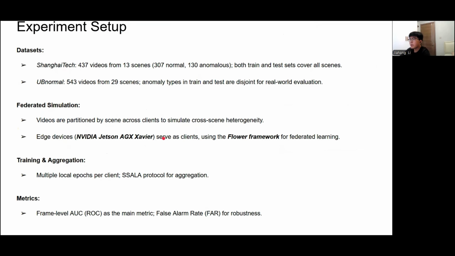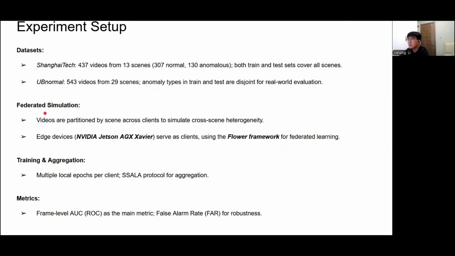All right. Now let's take a look at our experimental setup and the results. We use two multi-scene datasets, ShanghaiTech and UV. These datasets help us simulate real-world environments where each scene is treated as a separate client.